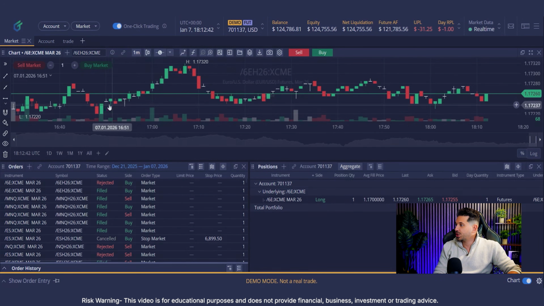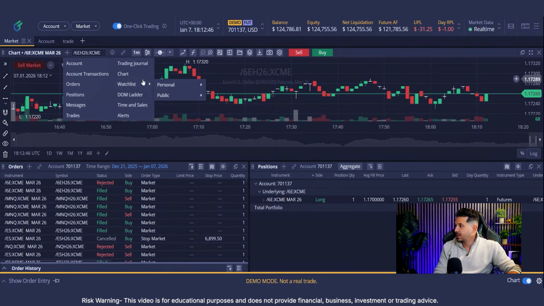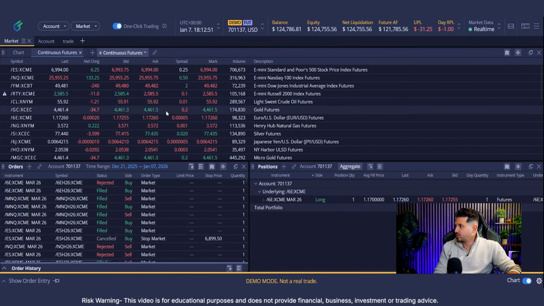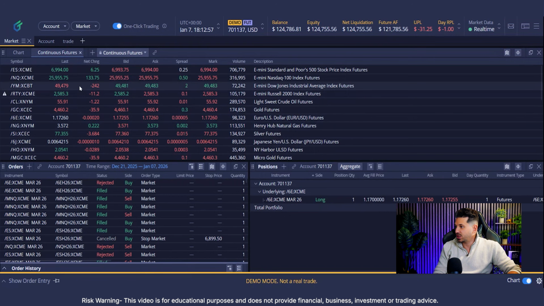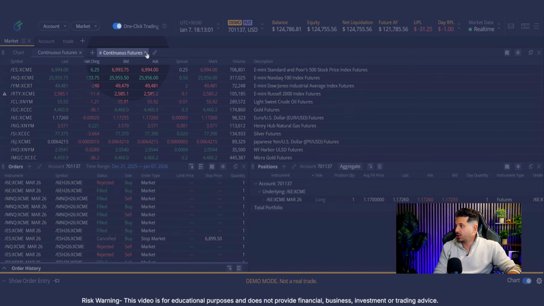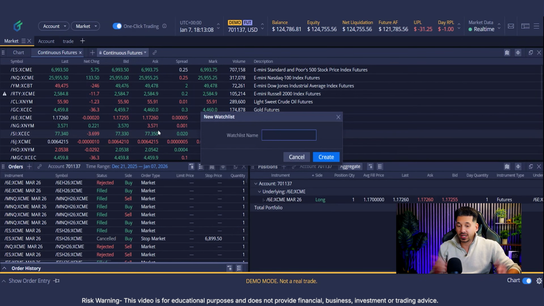To create a new watch list, simply click the plus icon, go to watch list, open up the continuous futures watch list. Here are all the instruments that you can trade on the DX Futures platform. To create a brand new watch list, simply click on the continuous futures watch list and click create new. Here you can name the watch list,